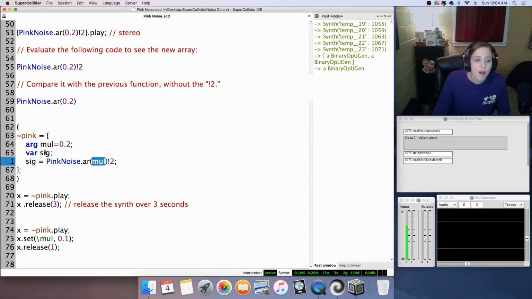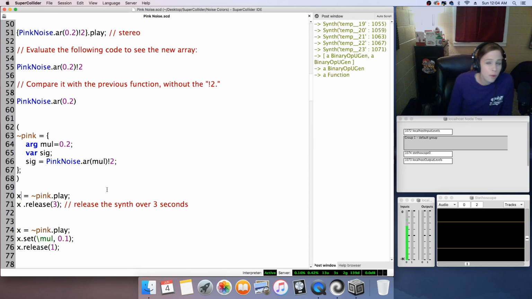And then we also have our signal variable. I usually name it sig. That's just been a habit. You can name your argument names and variable names anything you want, but I would advise staying consistent because you tend to remember what you write better when it's always the same. I don't think SuperCollider cares, but it's good for the coder or the programmer, or in my case, the musician. So let's go ahead and evaluate this function